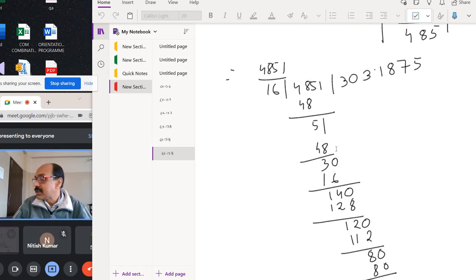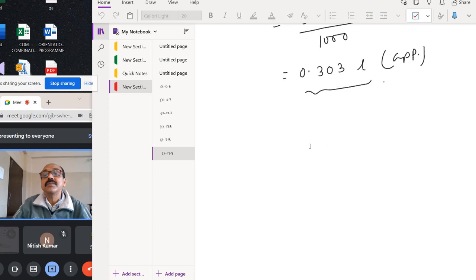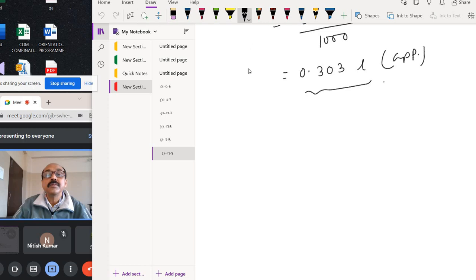Next question, question number 6. A hemispherical tank is made up of iron sheet, 1 centimeter thickness. The hemispherical tank thickness is 1 centimeter, made up of iron sheet. If the inner radius is 1 meter, then find the volume of the iron used to make the tank.